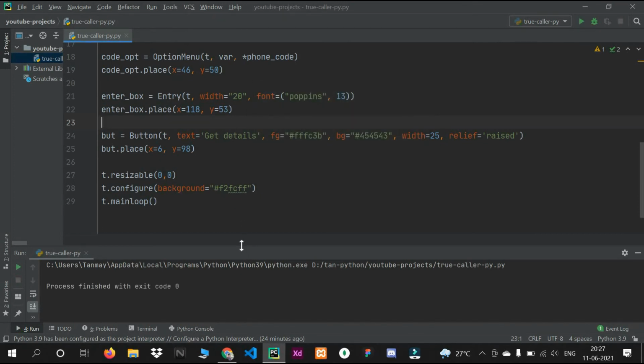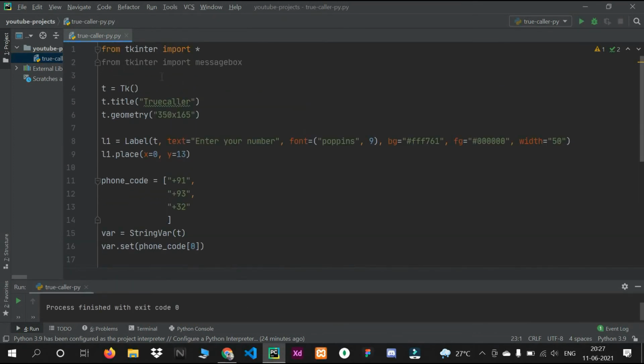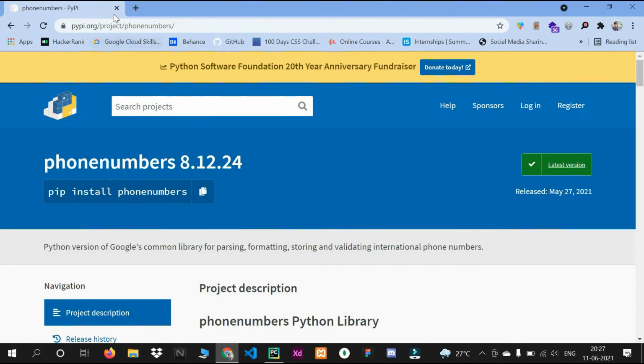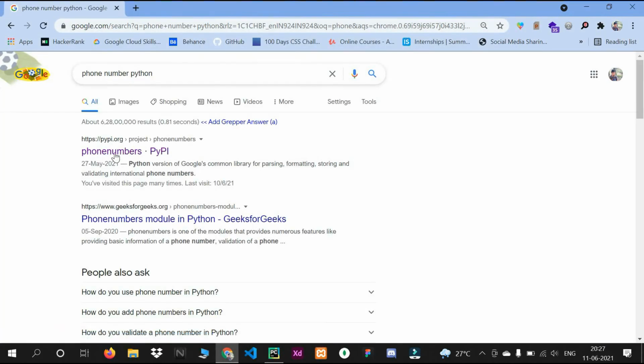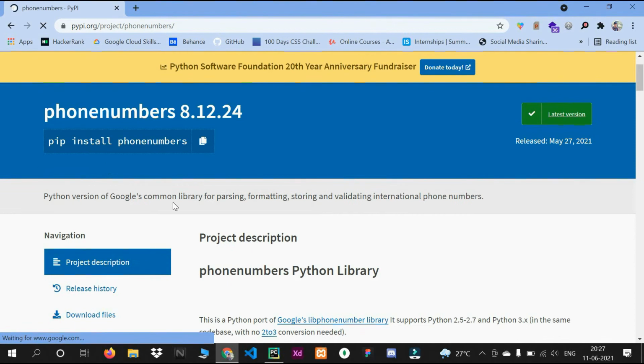So now let's see our main part, how you can insert a phone number and get the details. I will open Google and you can see this phone numbers library. You just write phone number Python and click the first link, and you can see here pip install phonenumbers.